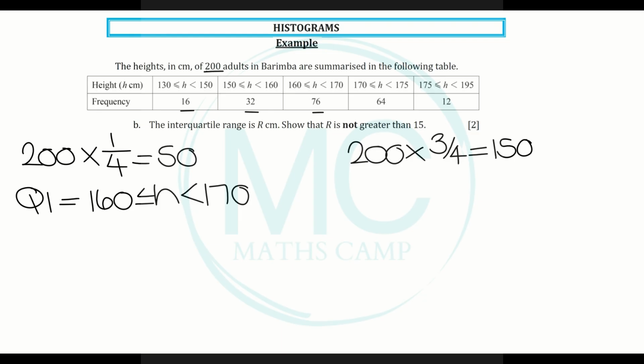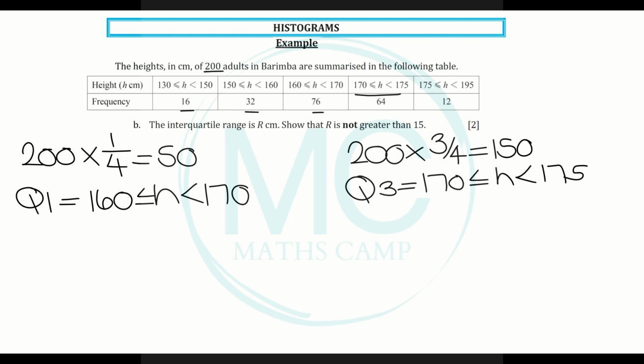So I can see that Q3 will lie in this interval over here. So I can say that Q3 is equal to 170, smaller than or equal to h, which is smaller than